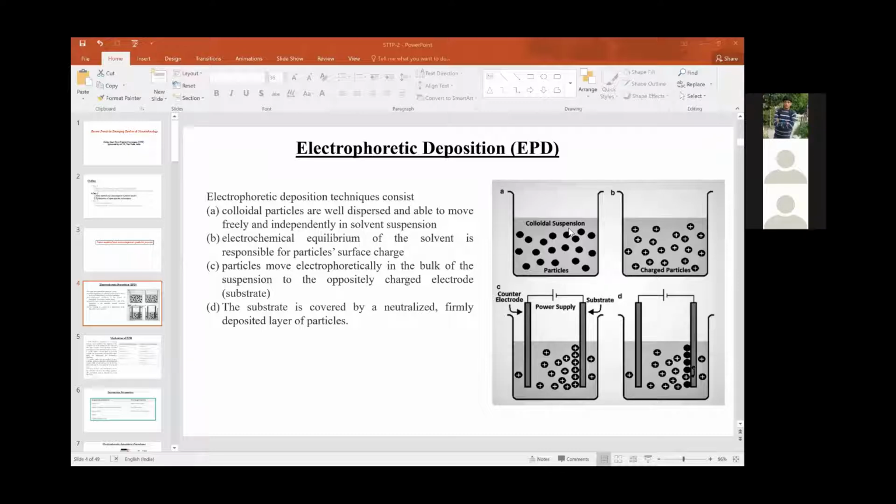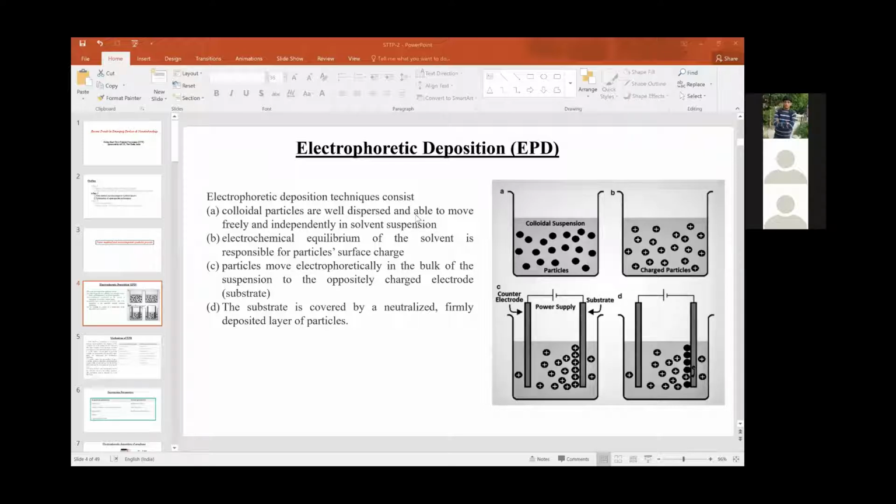For example, in the case of MnO2 deposition, if we use MnSO4 as the manganese precursor, it separates into Mn plus and SO4 2 minus.